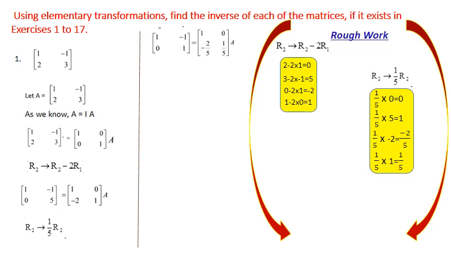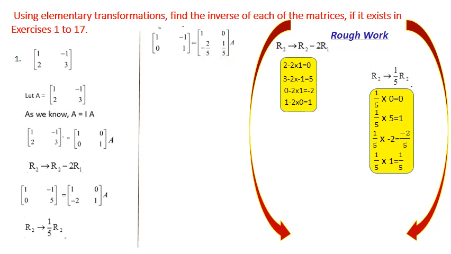New matrix will come like this. So 1 and minus 1 remain the same, and 0 and 5 is changed here. 0 and 5 changed as 0 and 1. Here you can see 0 and 1. We have just changed to 0 and 1. In the next matrix also, R1 remains the same, 1 0. The same 1 0 came here, and R2, minus 2 and 1, changed here as minus 2 by 5 and 1 by 5. Just written here minus 2 by 5 and 1 by 5.